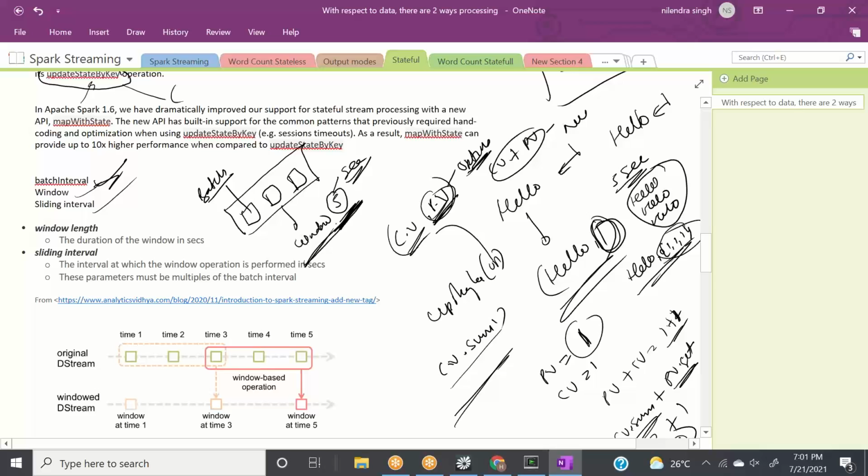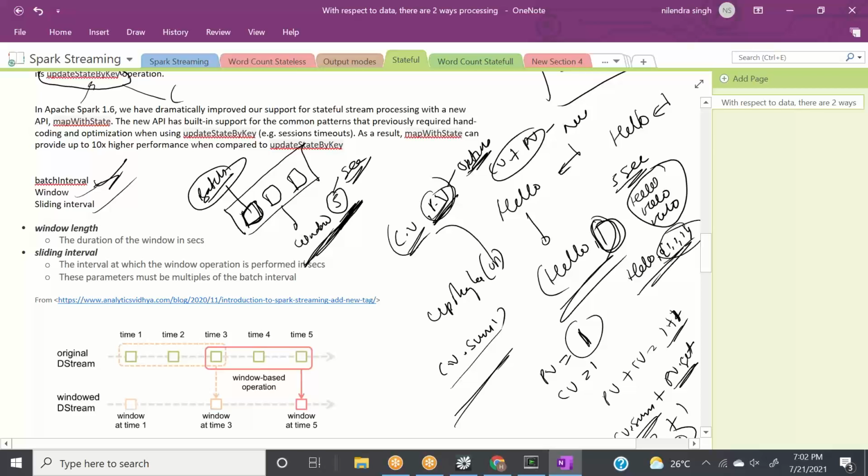So batches make a window. In Spark streaming, we tell it in how many seconds to create one batch. The events coming into one batch will become one RDD, or the DStreams will become RDDs, which we covered yesterday. And how many batches make the window, we call the window size or window length.